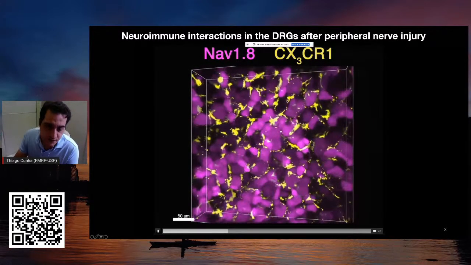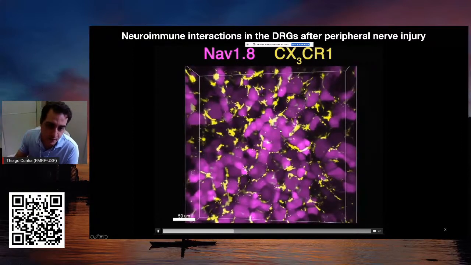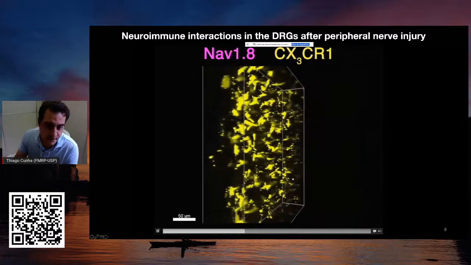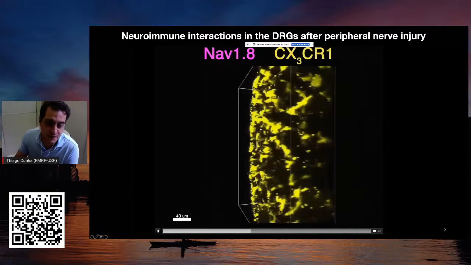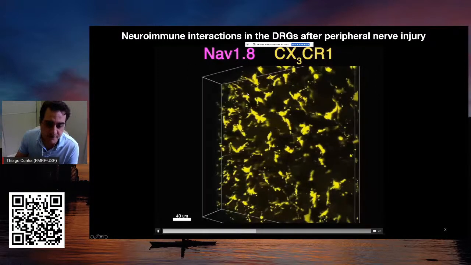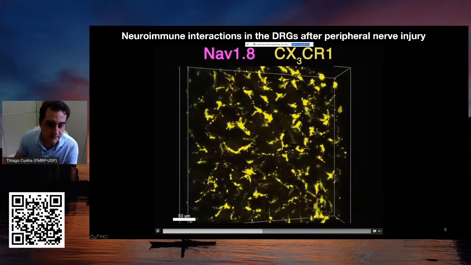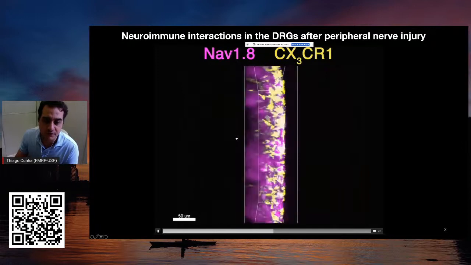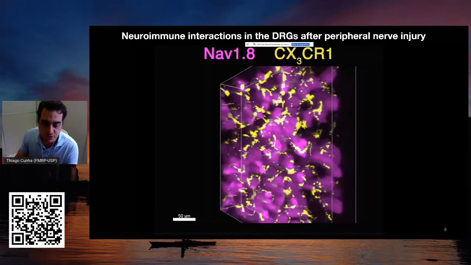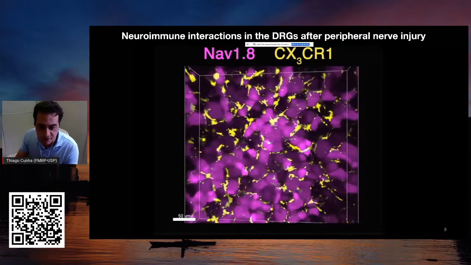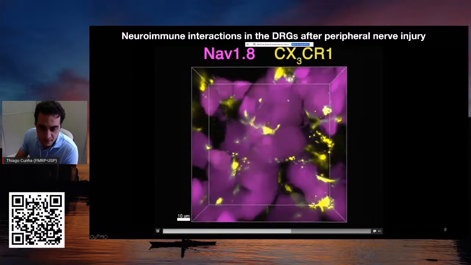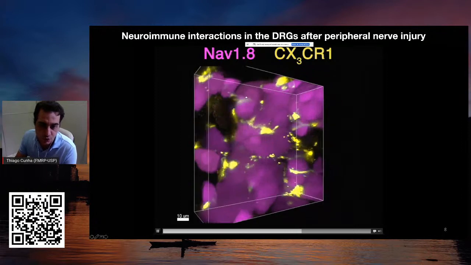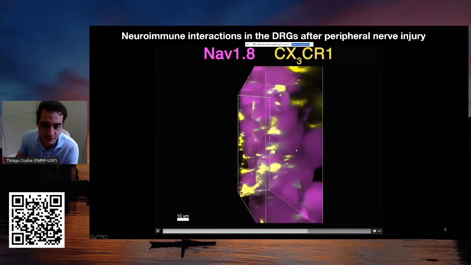So you can see in this double staining immunofluorescence that there are a lot of resident macrophages in the DRGs, and these macrophages are in very close contact with the cell body of the sensory neurons. So the question of our lab is to understand the physiological and the pathological interactions between these